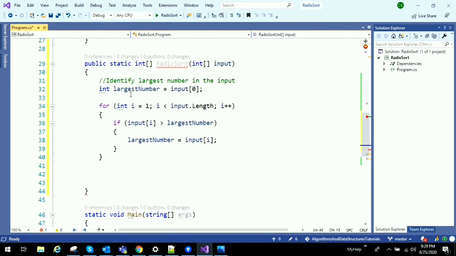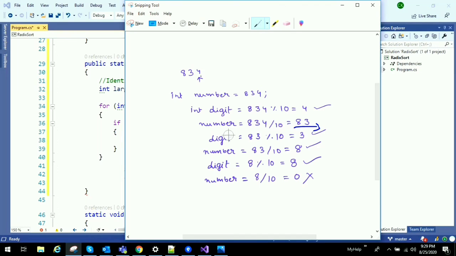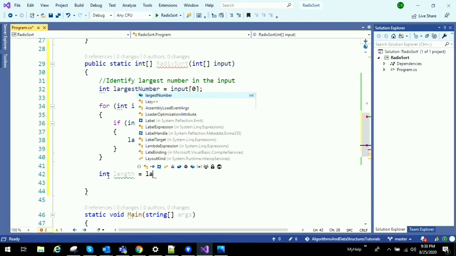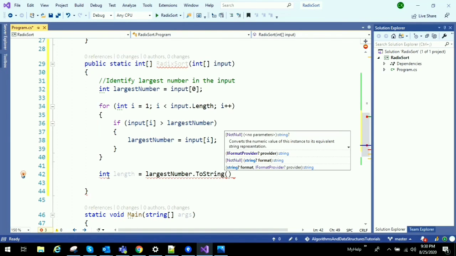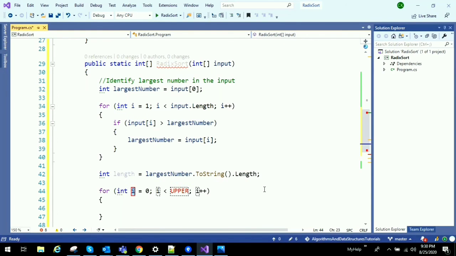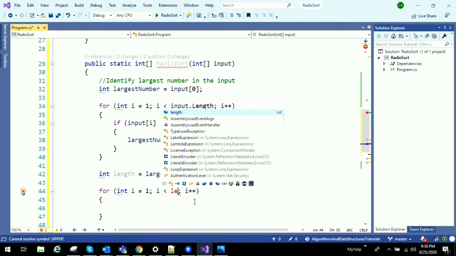We identify largest number, we need to get length of that number. In our example, that is 3, and I will get that length. Length is equal to largest number, just I am converting it to string to get length easily. Now we have length. So those many times we need to process our input array. I'm writing a loop for that, and i starts from 1, and I'm writing length.